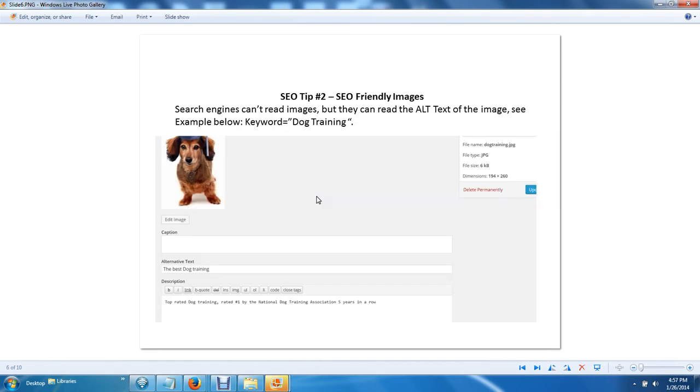So SEO tip number 2: SEO friendly images. If you didn't know this already, search engines can't read images, but they can read the alt text of the image. So in the example below for the keyword dog training,